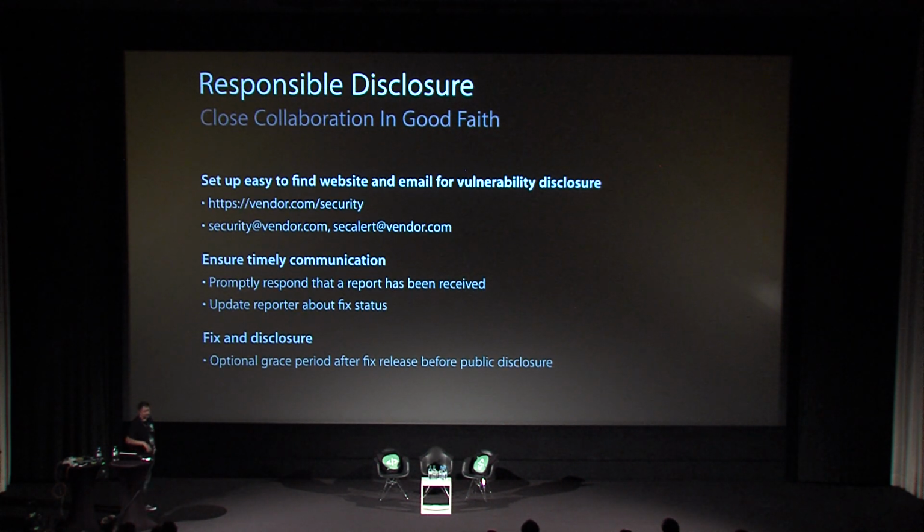So there's something called responsible disclosure, something I try to follow. The idea is that all collaboration is done in good faith, so we want the same things. I want the vulnerability to be fixed. I want the credentials in the very first example that I typed in not to be leaked, so that not everyone can look at them. And 3 points I picked out of responsible disclosure, which is a real process people can look up, is: make it easy to find,